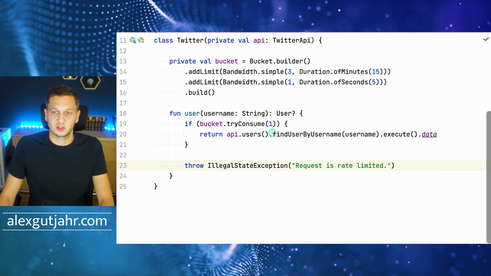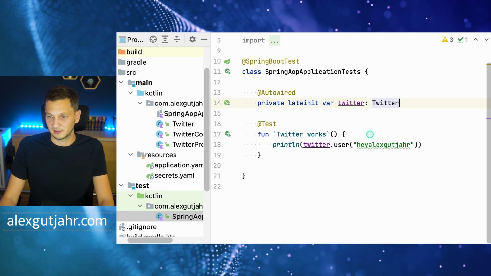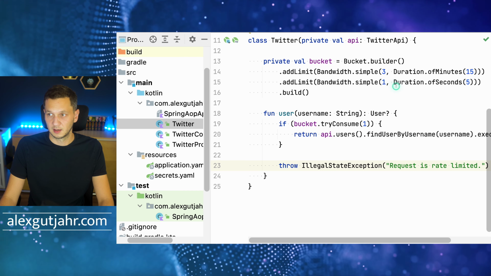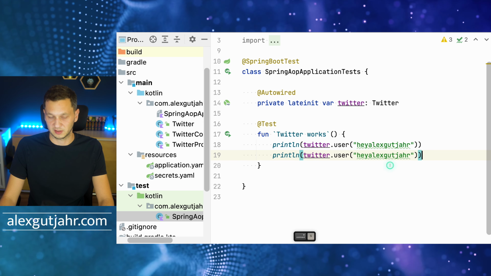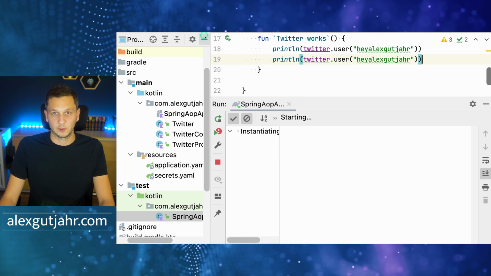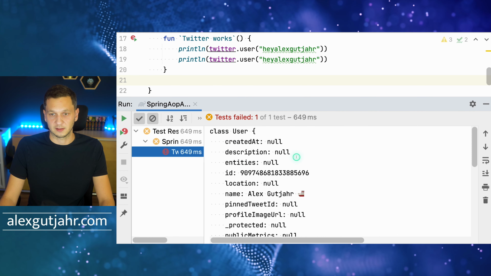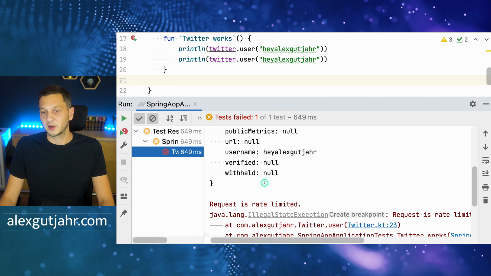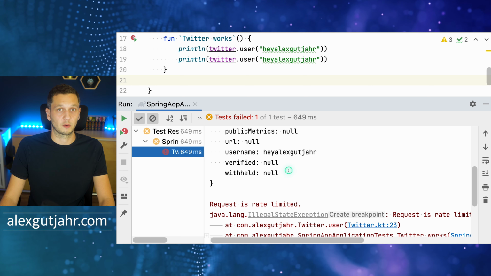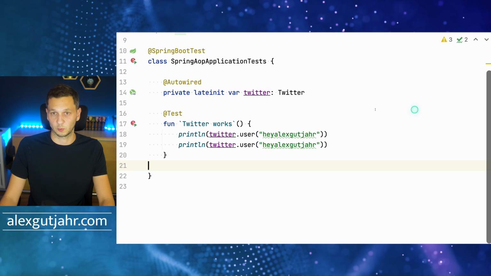So if we now just try to use that, and you shouldn't trust me, let's run the test here. So I'm now running 3 requests. Now if we go back here, it says only 1 within 5 seconds. So I don't even need 3 because they are just fired immediately. So if we now run this test, let's see what happens. And we can see it fails, right? So we see the first attempt works. I'm getting back the user that we've seen before, but the second one is rate limited because we already hit the rate limit. We would now have to wait 5 seconds and then it would just work, but